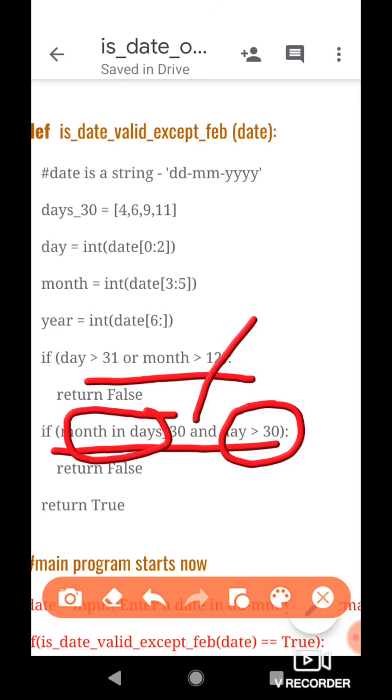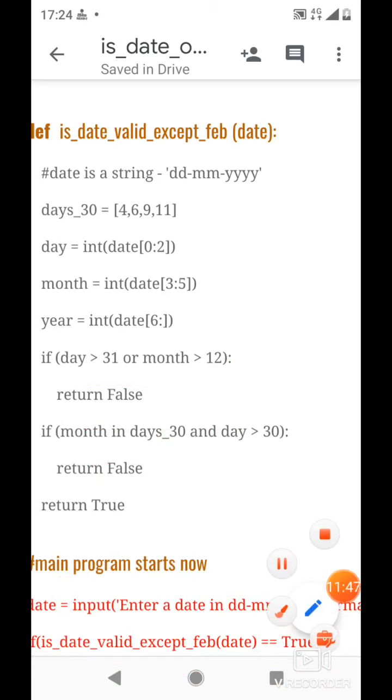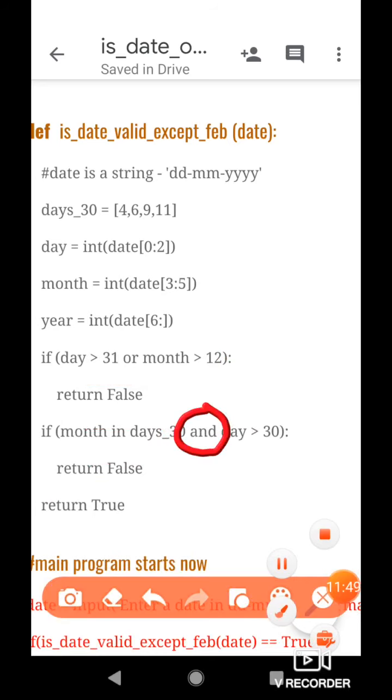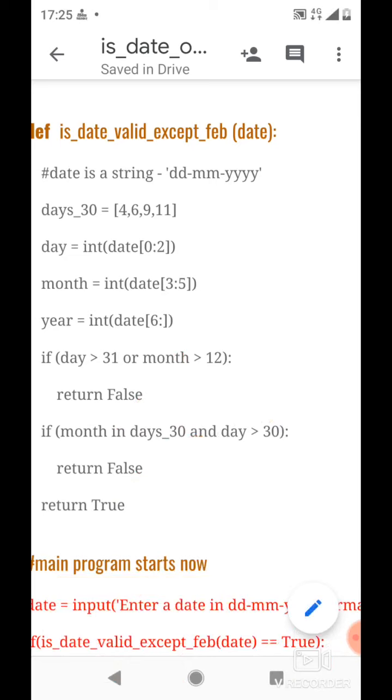What does this mean? We know that the AND logical operator evaluates to true only when both the conditions it joins evaluate to true. If any of them evaluates to false, then the result of AND will be false as well. So now we look at the two individual conditions here.